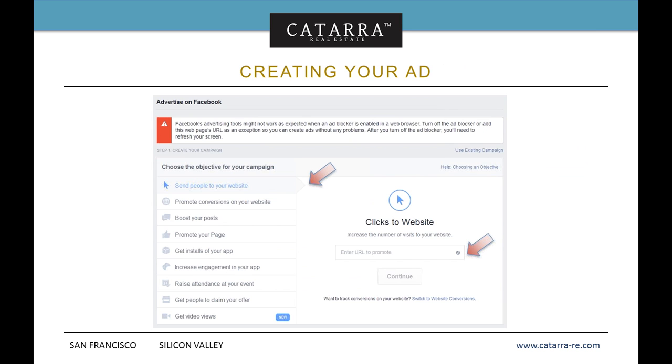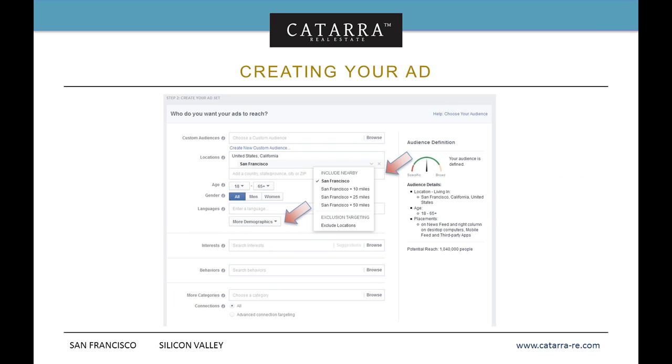So you put the website in here, and it's going to actually scroll down. So this whole thing is a scroll down. It isn't several successive pages. It's one big long page that scrolls down through several steps. The second step that you're going to want to do is who do you want your ads to reach? And this is a really interesting scenario because you can either go really narrow or really broad. What I'm going to try to give you in this presentation is not only what to set up, but some reasons for not doing certain things that you might hear from other places.